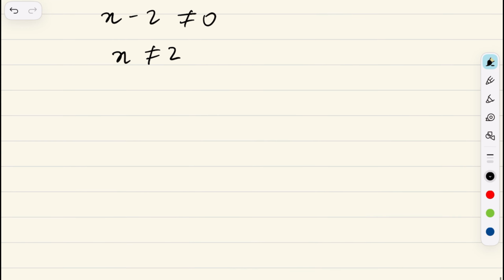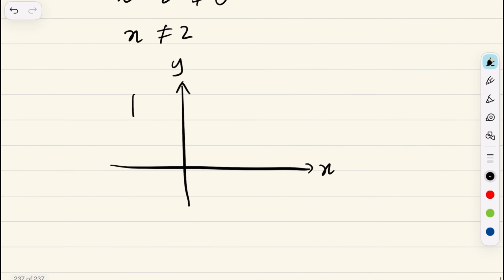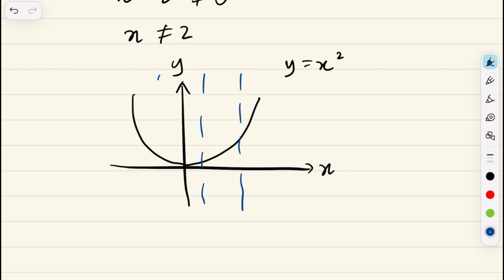Now, let's say you have a graph. This is y, this is x. And you may be wondering, how do I know if a graph is a function or not just by looking at it? We have something called the vertical line test. Basically, if any vertical line cuts the graph more than once, then the graph does not represent a function. So, for example, if we have the same one as before, y equals x squared, this is our parabola. If we were to draw a vertical line anywhere along the graph, here, here, here, or here, it only intersects with the graph once. This is an example of a function.